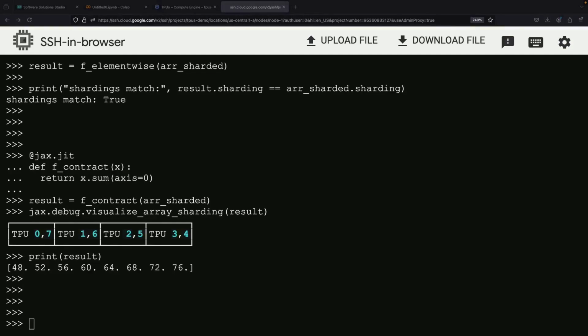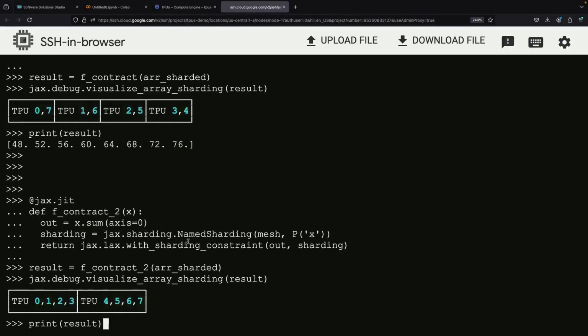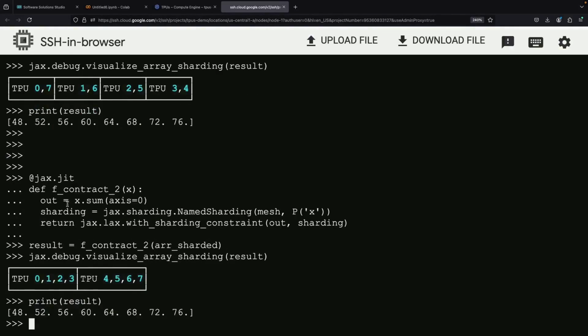For situations where you need more control over how your data is distributed, JAX provides the with_sharding_constraint function. This function can be used together with the JIT just-in-time function to give you greater control over how the compiler distributes intermediate values and outputs. To illustrate this, let's revisit our previous fcontract function. Instead of having the output partially replicated, we can specify that we want it fully sharded across all 8 devices. While the numerical results remain the same, the visualization of the array sharding looks quite different because we've specified a